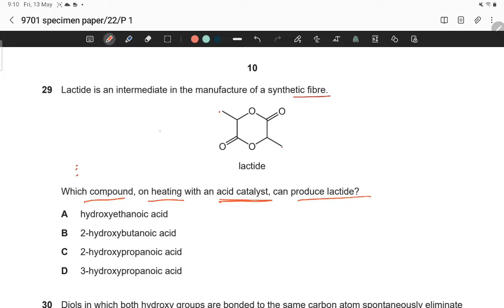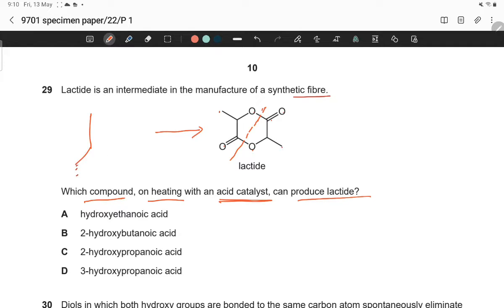This is the intermediate, I think. This is O, double bond O, and this is O, double bond O. This is an ester molecule, two esters are formed, so it could be like this: